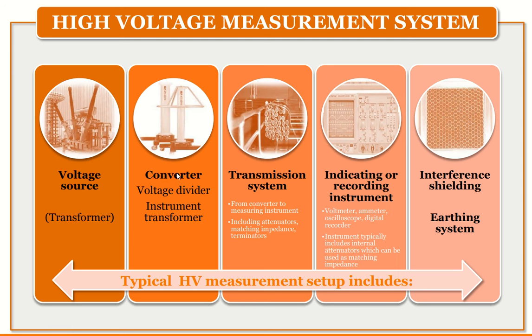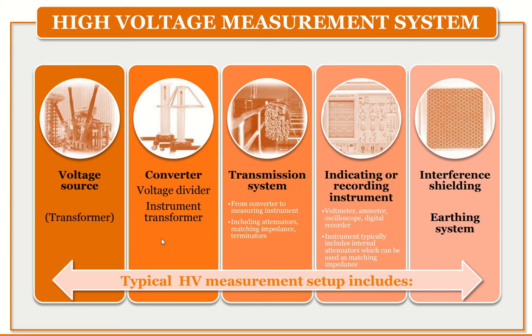So this is the high voltage measurement system. Normally in the high voltage laboratory, this is the basic, typical HV measurement setup. After this, I will share the schematic diagram of the high voltage lab in Unimap. For the first thing, the most important part is the high voltage source. Then they energize the transformer, and then there is a converter, which is the voltage divider, the instrument